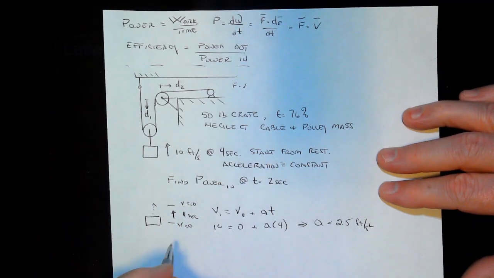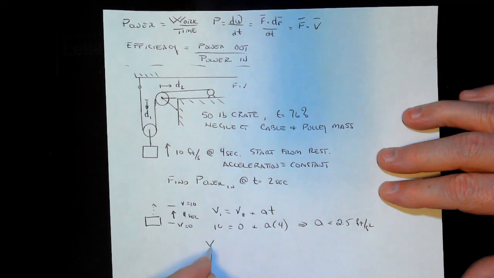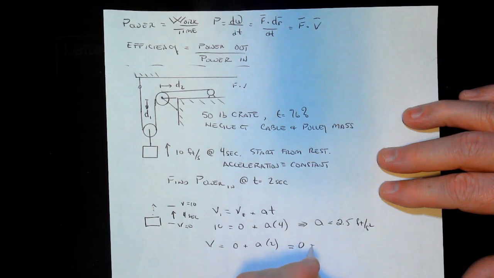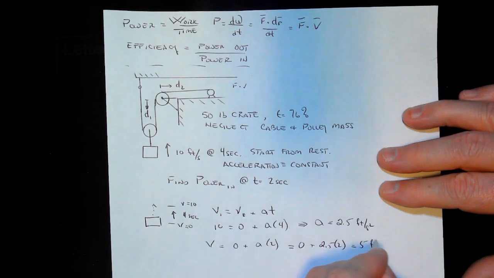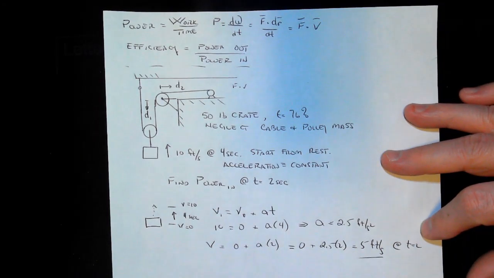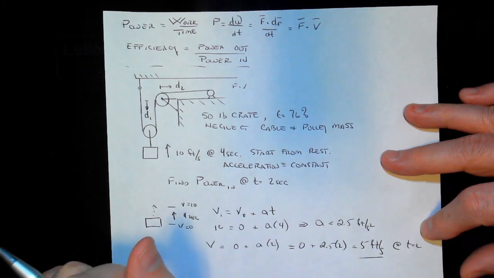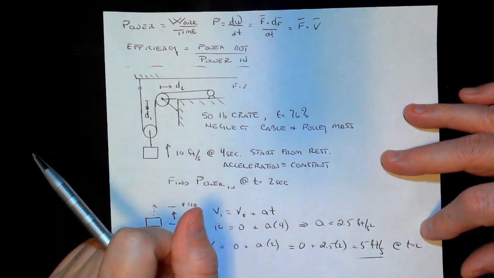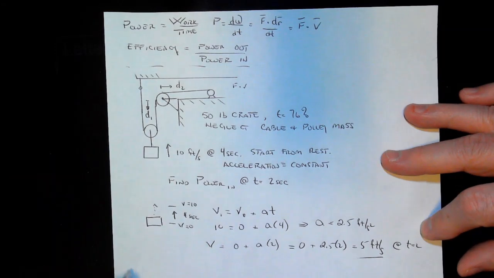All right? So V equals 0 plus a times 2. Well, we know that. So 0 plus 2.5 times 2 equals 5 feet per second at t equals 2. So I know the speed of the box when t equals 2. Well, what's the speed of the rope? Okay. Well, to get the speed of the cable,